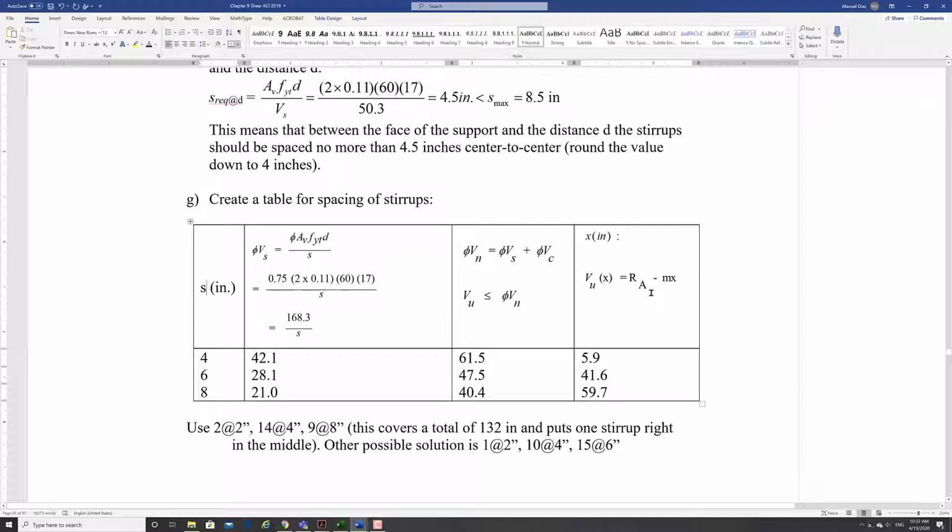Now be careful that this X, you will get it in feet, and so you have to multiply by 12 to change it to inches, right? Because it's going to be in feet. Then you do 8 inches, do the same, put the 8 inches here, find your phi V sub S, add the concrete strength, you get that one, put this value here, right? Solve for X, and you get your numbers. Okay? So,